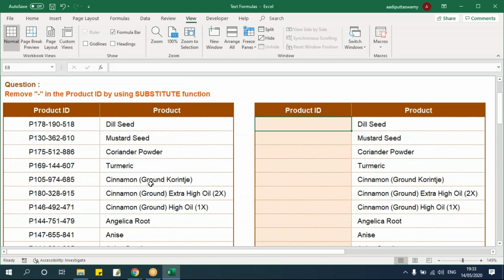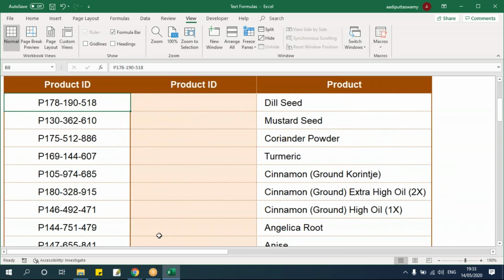Substitute is nothing but something like replace. Say for example, let me just hide this so that I'll take the cell next to this only. I have two hyphens here. I want to replace this hyphen with slash. So I can go here and say find and replace, hyphen to slash. What will happen is all these hyphens will be converted into slash. But what I want is only the first one or the second one should be slash. So in that case, I can use this, equals,